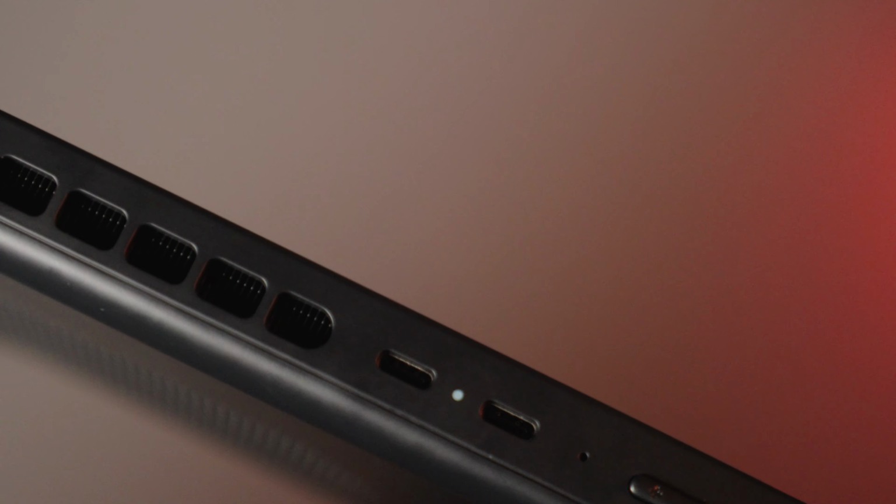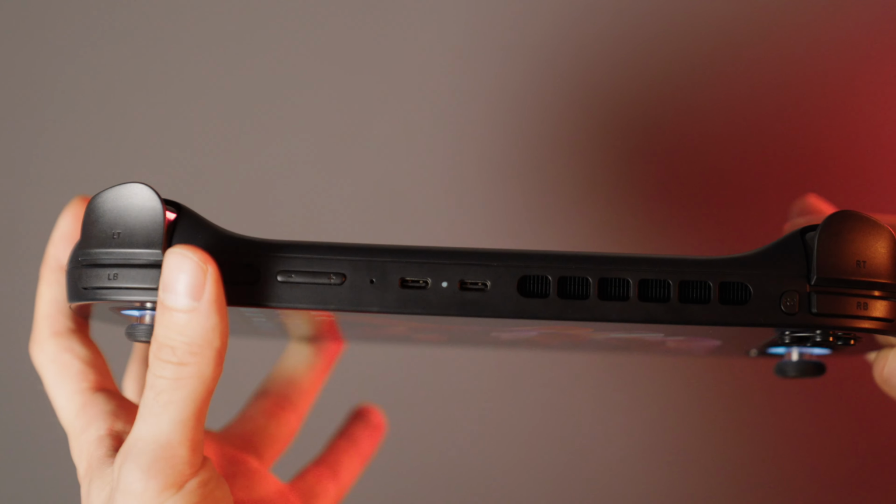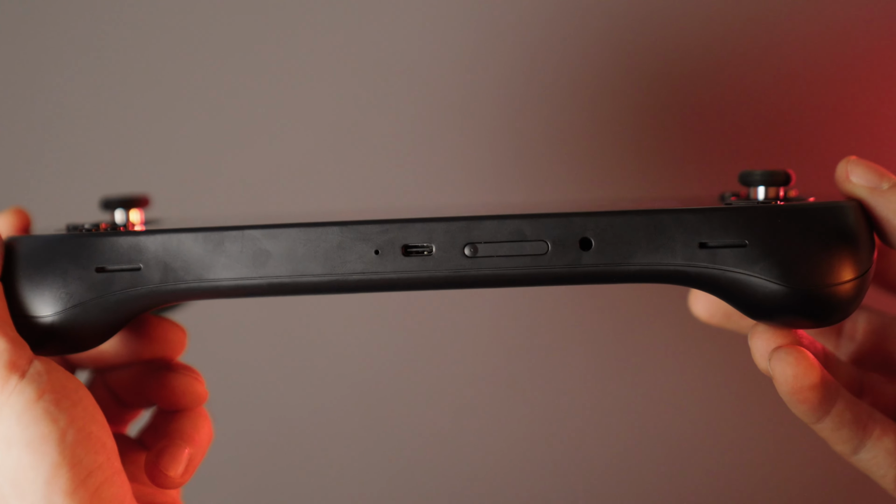The 2S has 3 USB-C ports, of which 2 at the top and 1 at the bottom. This is, by the way, what I think every other handheld manufacturer should do. Please give us at least 1 port at the top and 1 at the bottom. Though when it comes to these 3 ports, they are not created equal. Only this one on the right and this one on the bottom deliver full charging capabilities. The third one is for data transfers. And by the way, the 2 charging ones are USB 4, so you can technically connect an external GPU to